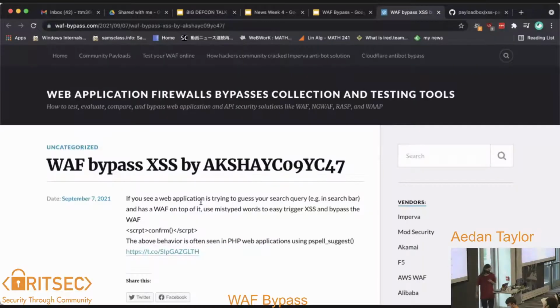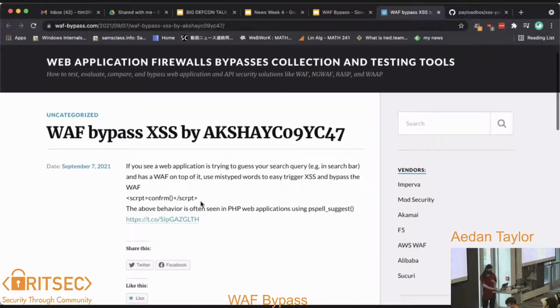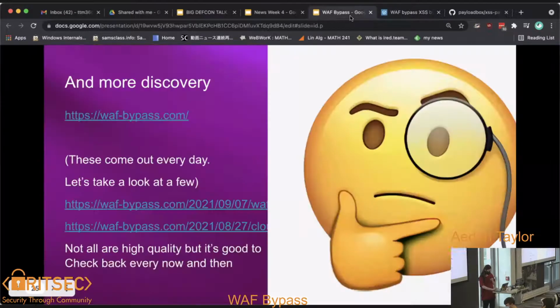So I found this one, which is from September, so this month. And this one is if you see a web application firewall protected website that is auto-correcting you, you can give it a near miss, like "scrpt" instead of "script." And if it autocorrects to "script," you have gotten your remote code. And then the other one I found,